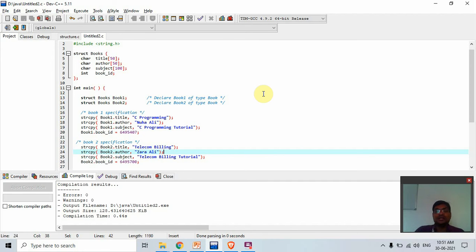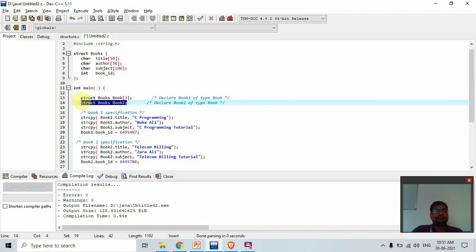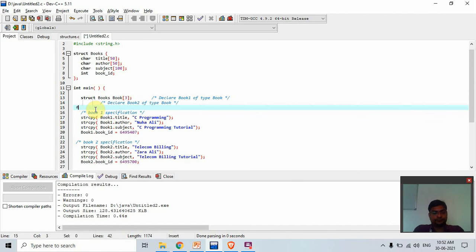For that it is simple: you create the array like this, book array symbol, and pass 3. I created 3, I remove this. Now I use a for loop to repeat, and it works simply like book 0, book 1 and book 2.